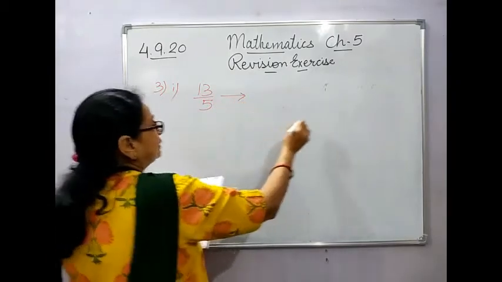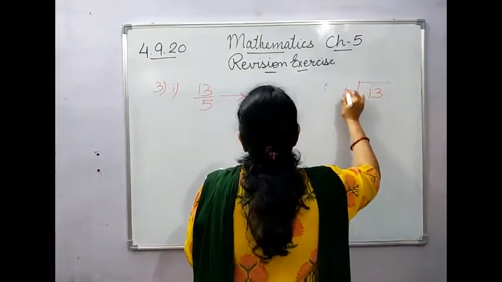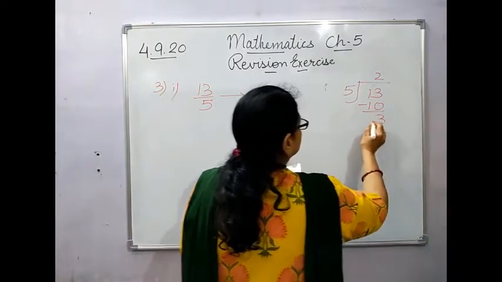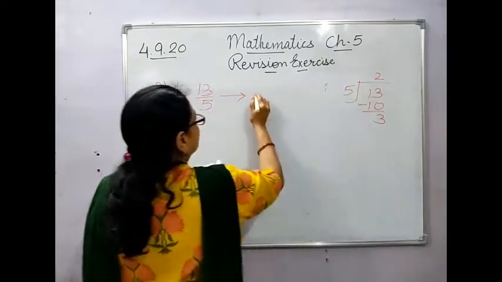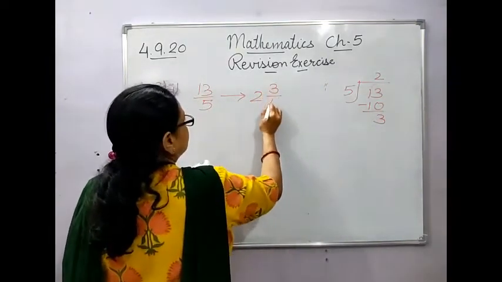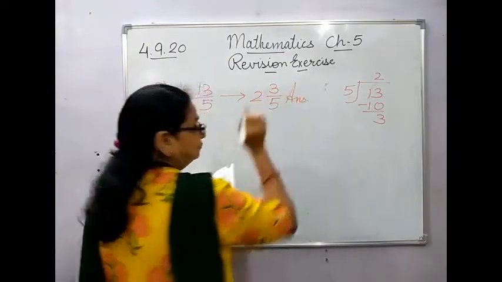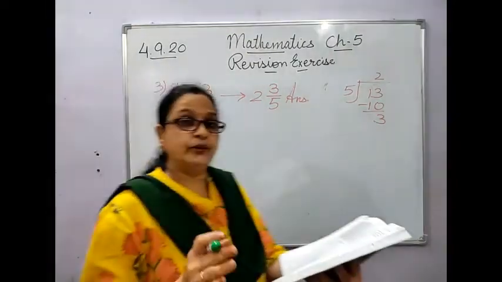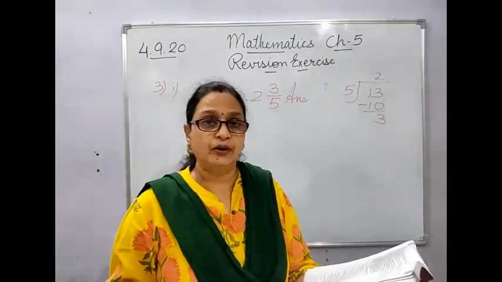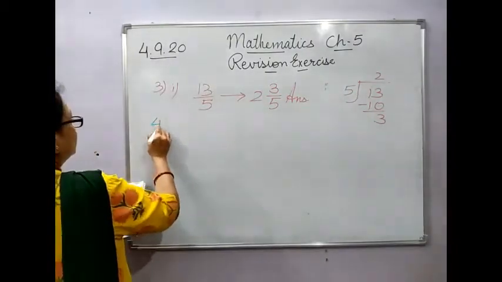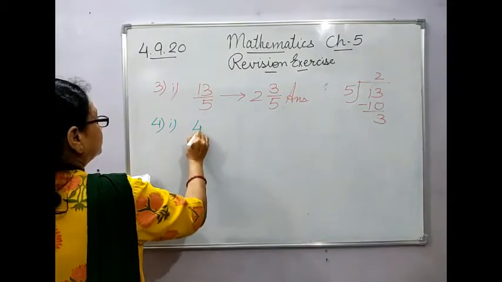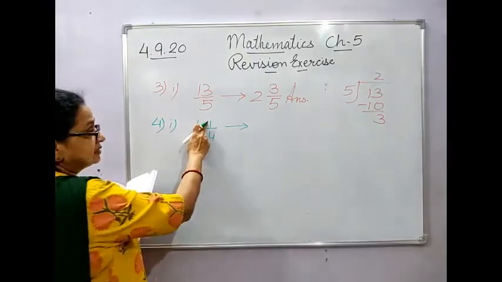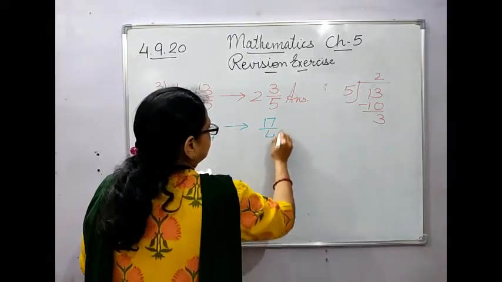Improper. Divide it. If you don't find it easier, 5 2s are 10, and 5 3s are 15, which becomes bigger. So this becomes your whole number, the remainder becomes your numerator, and this is your answer. Isn't it? The same way we are doing. The next, they have given the question in mixed fraction, you have to convert it into improper. So how will you do it? Again I take the first one, 4 whole number 1 upon 4. You multiply 4 4s are 16, add this, 17 upon 4 is your answer.